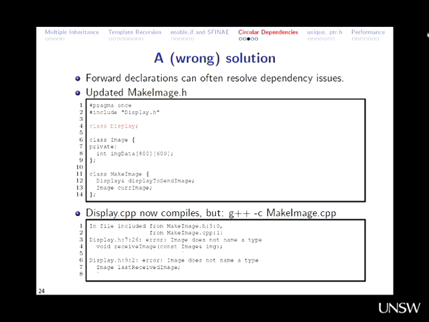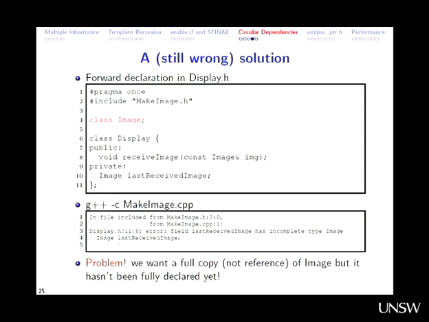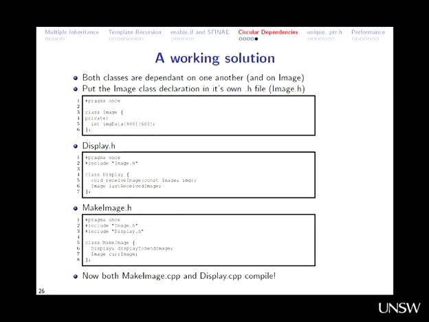The answer is actually the opposite. Instead of putting everything into one file, we actually separate some stuff out into separate files. So we separate out our image.h, our display.h, and our makeimage.h. And we have display.h #include image.h, makeimage #include image.h, and then display.h, and then everything is happy. So if I close all this and actually just go to the solution,